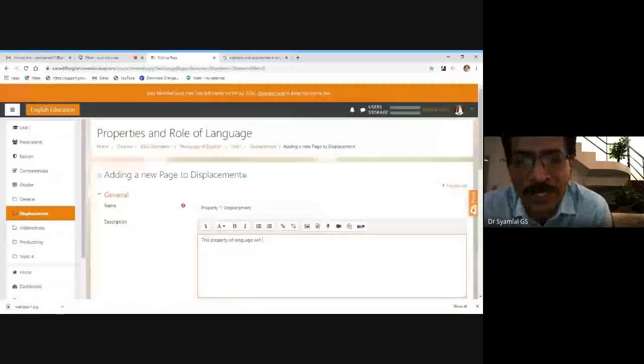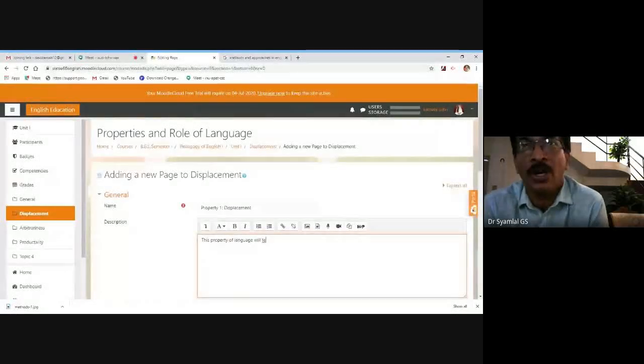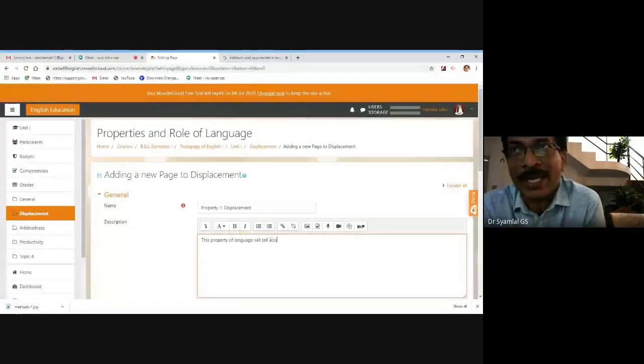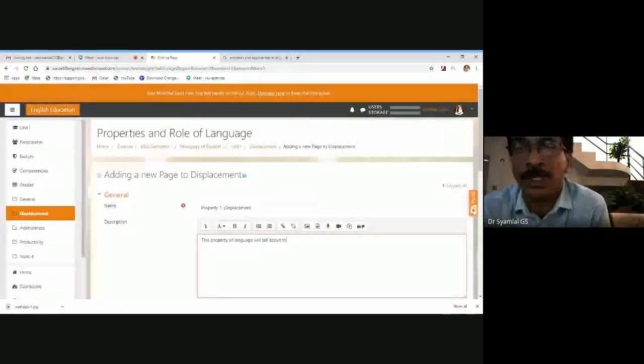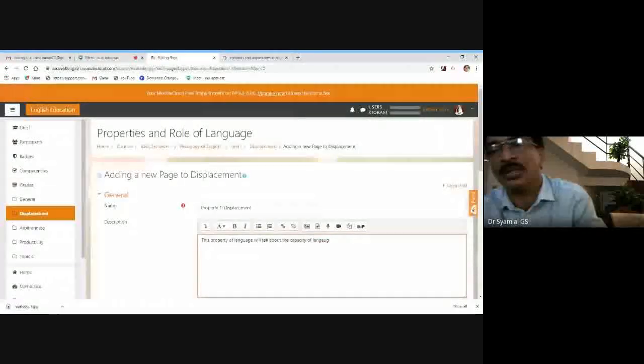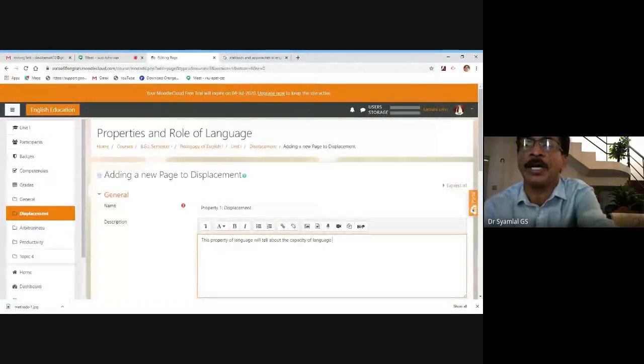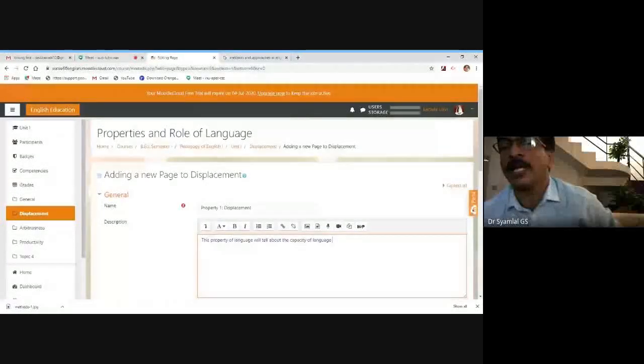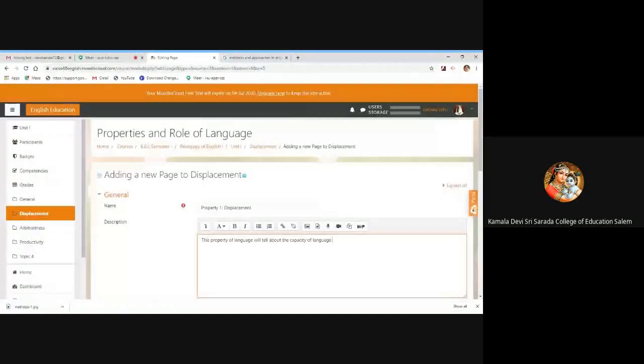So friends, type that, because for assessment, NAAC etc., they'll be asking the objective of the course. You need to type that underneath. Kamala, you can incorporate bold, italics, etc. Please, friends, do the formatting as well.